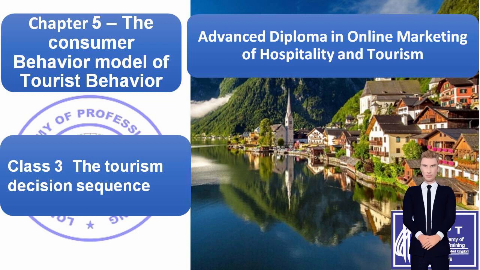The tourism decision sequence. The model is based on the assumptions that, if the stages which lead to tourist decisions can be identified, and the people involved at each stage can also be identified, then it will be possible for tourism organizations to provide information to affect them, for example, by having promotional materials available at the right time and place, by locating distribution points such as travel agents or tourist information centers in appropriate locations, etc.